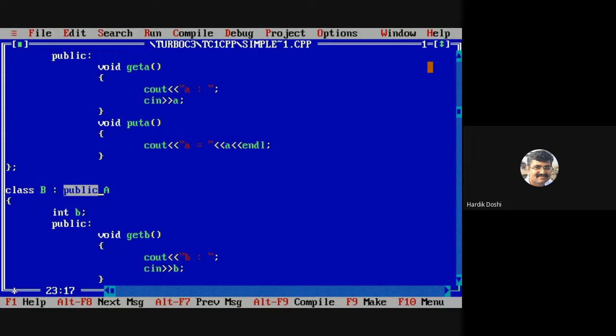Now I want to tell you something. This concept of publicly, privately and protectedly inheriting is there with C++ only. When you learn Java or C# language, this concept is totally removed, because it creates confusion for the compiler and for the developers also.